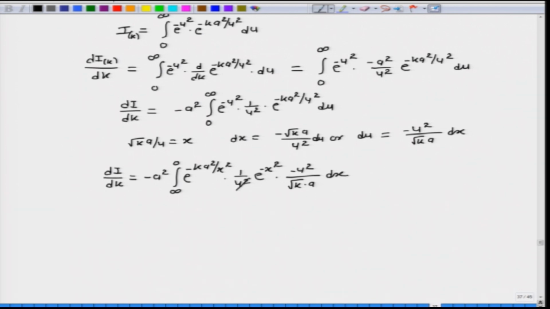So, this u square here will get cancelled, two negative signs will become positive, but then this integral is